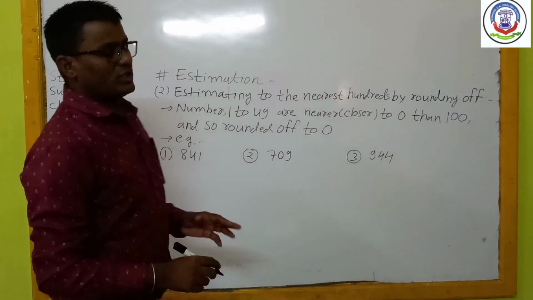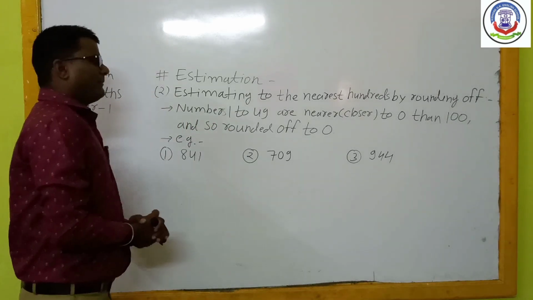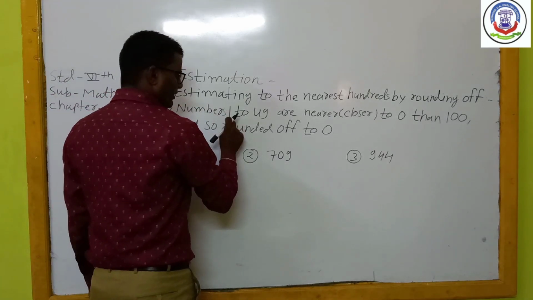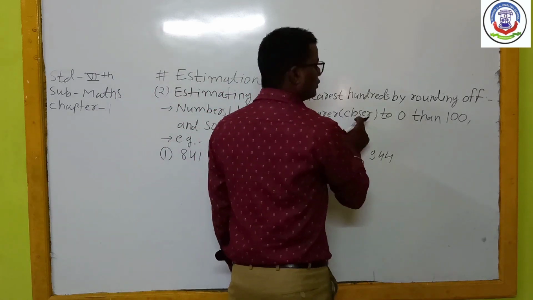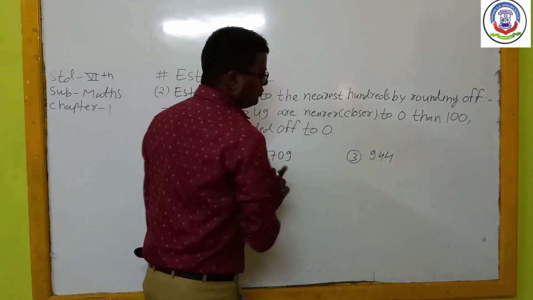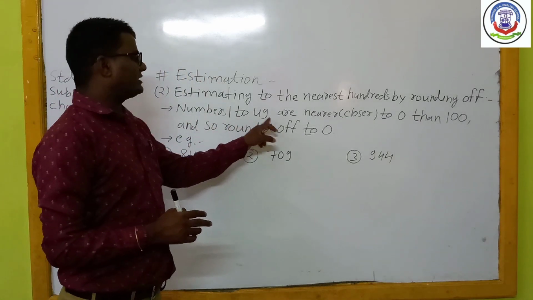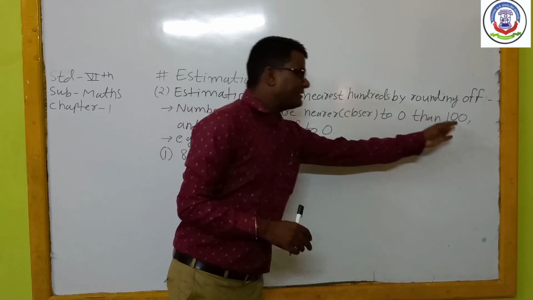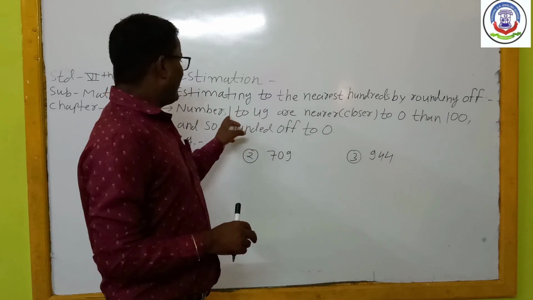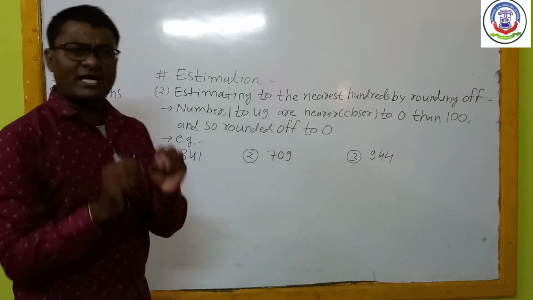Okay, अब हम लोग इस टॉपिक में हंड्रेड्स तक राउंडिंग ऑफ करेंगे। यहाँ पर आपको फर्स्ट पॉइंट रिमेंबर करना है, और वह है: numbers 1 to 49 are nearer or closer to 0 than 100 and so rounded off to 0. आपको ध्यान रखना है कि 1 से लेकर 49 तक के जो नंबर हैं वह 100 के कंपैरिजन में 0 से नजदीक होते हैं, इसलिए इन सबको हम 0 0 कर लेंगे।